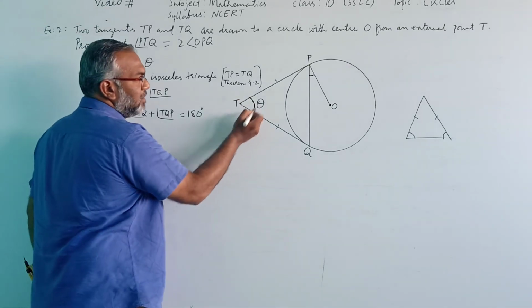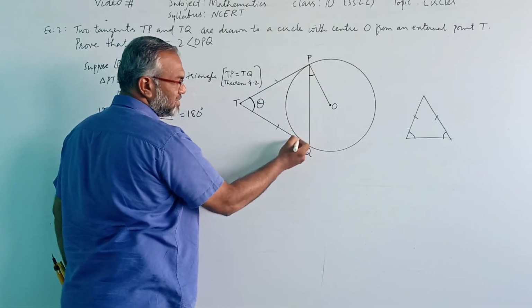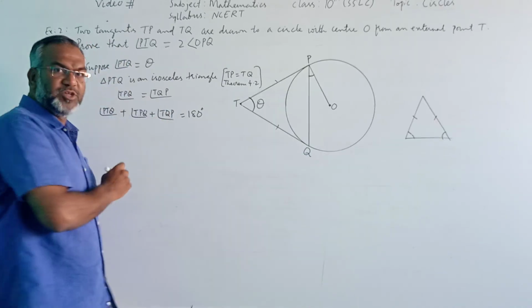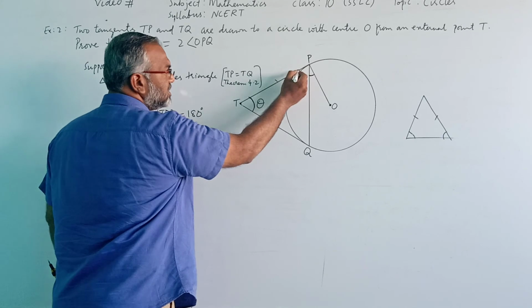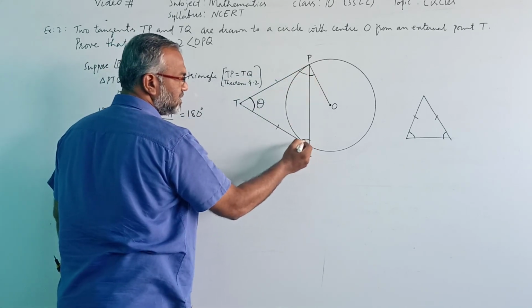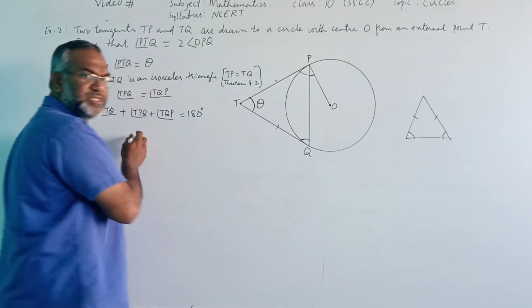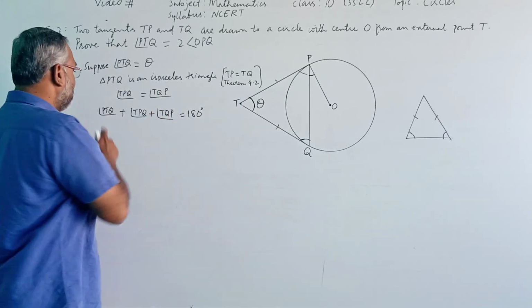This angle plus this angle plus this angle. The sum of all angles of a triangle is always 180 degrees. So this angle plus this plus this, these three sum is equal to 180 degrees, right? Now,